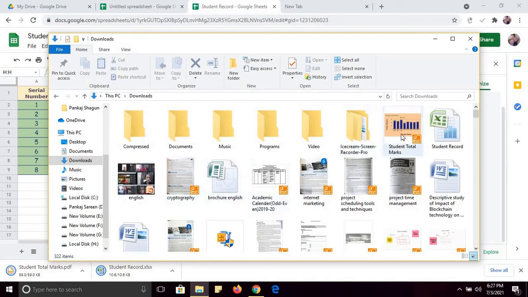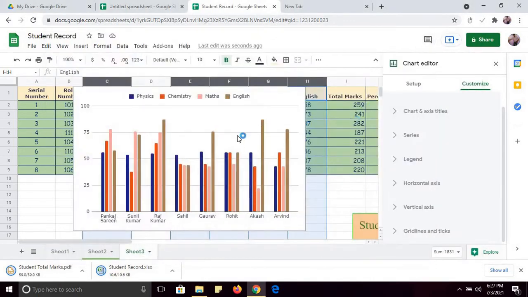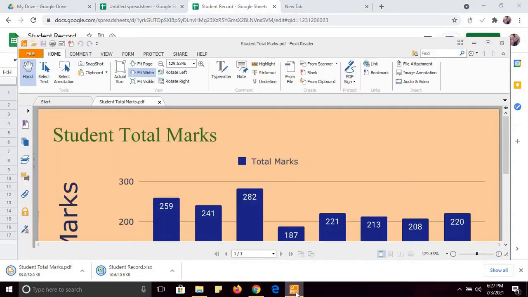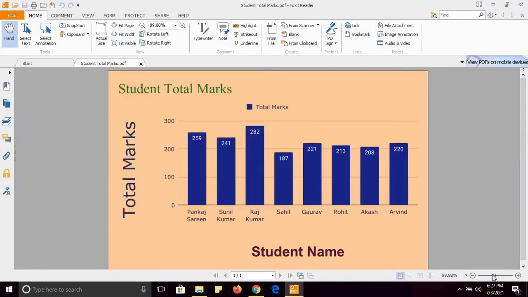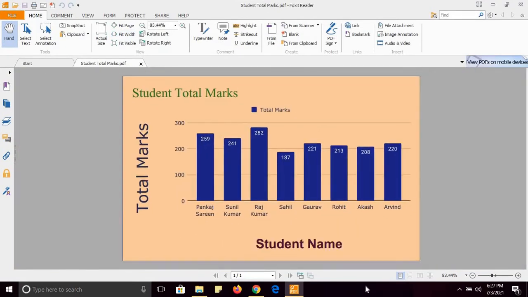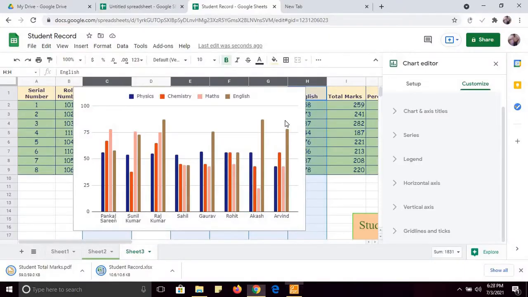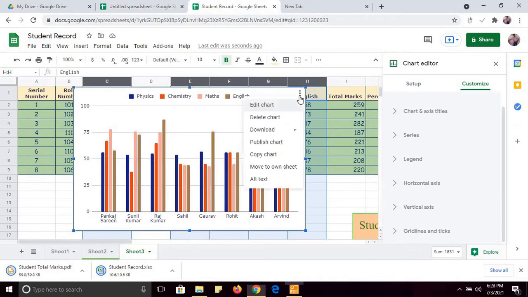Fine. So see, this chart I have downloaded. So you can also download this chart, and just select the columns you want to create a chart, and you can easily create a chart. See, this is the chart that I have downloaded, and see, it's a very simple chart. You can use it anywhere. And if you want to download this chart again after some formatting, you can also download this chart.